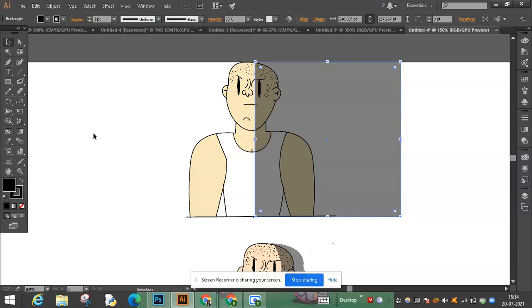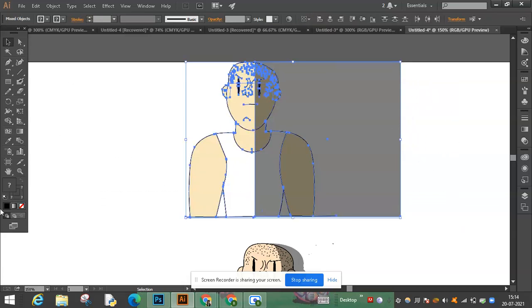And now select everything including the rectangle, and go to the shape builder tool, and now you should see everything. For this, we just want to take out the outer part of the shadow, this part, because we don't want it, we just want it in the illustration or sketch.